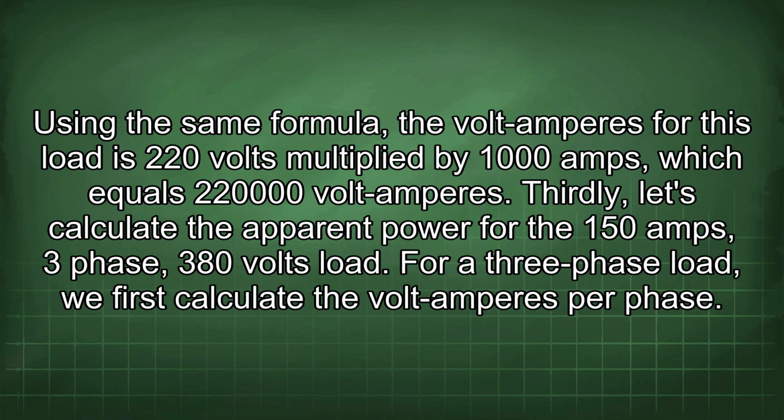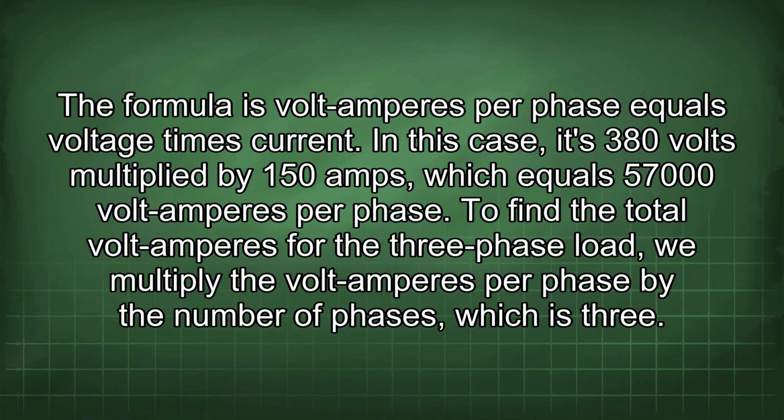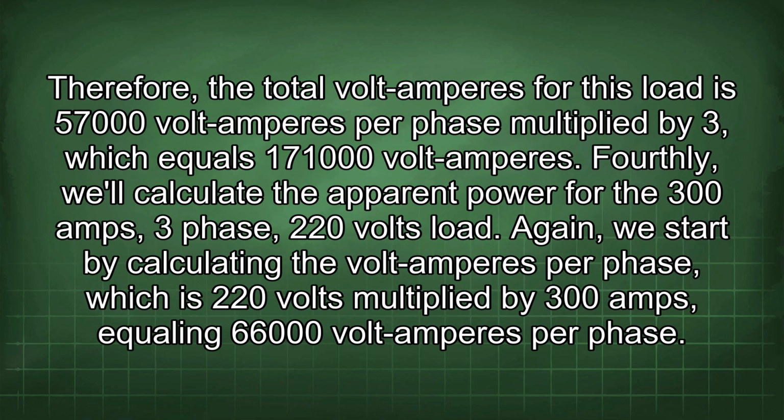For a three-phase load, we first calculate the volt-amperes per phase. The formula is volt-amperes per phase equals voltage times current. In this case, it's 380 volts multiplied by 150 amps, which equals 57,000 volt-amperes per phase. To find the total volt-amperes for the three-phase load, we multiply the volt-amperes per phase by the number of phases, which is 3. Therefore, the total volt-amperes for this load is 57,000 volt-amperes per phase multiplied by 3, which equals